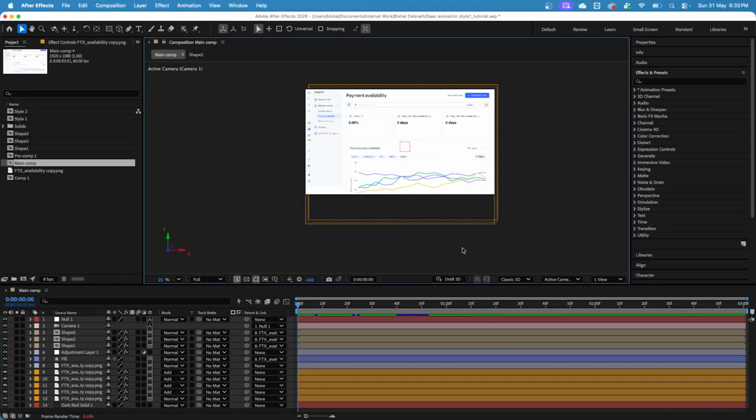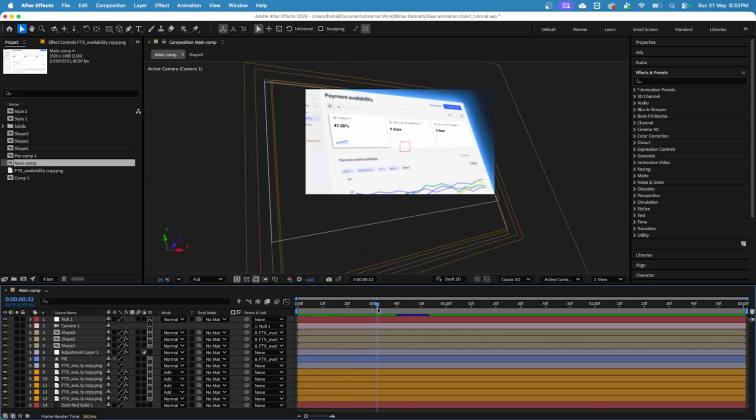After everything is done, I have created the subtle glow effect, which is mostly like Deep Glow. I don't have that effect with me right now. So I have created something of my own, and if you also don't have it, you can create it in the same way. I thought of creating a different video for this, but for this one, you can obviously have it. So how I have created it, basically I have created a copy of my main screenshot and copied